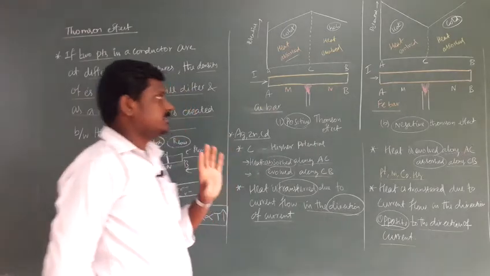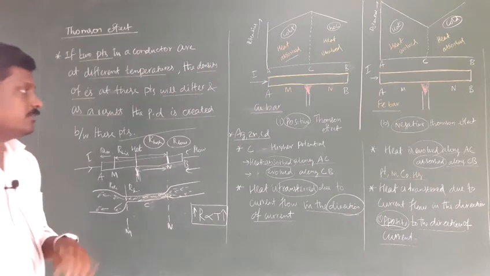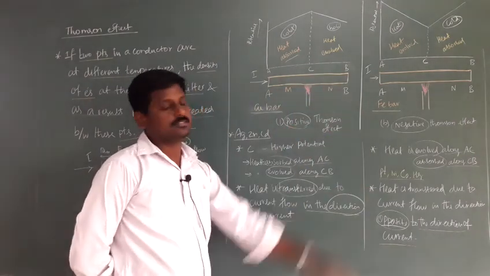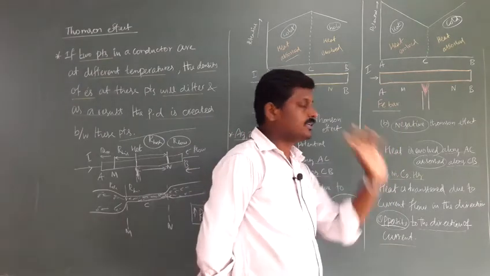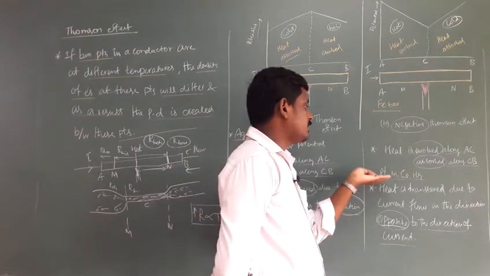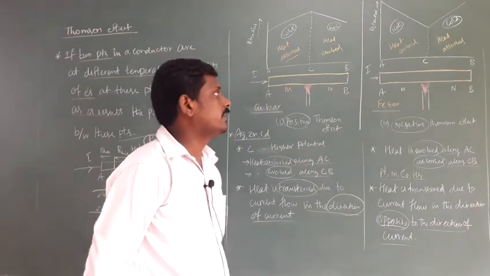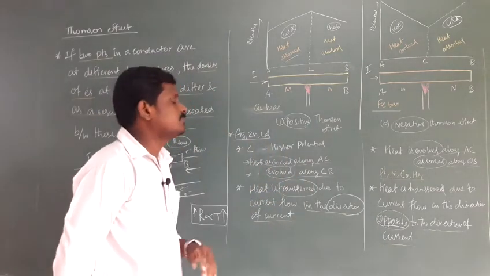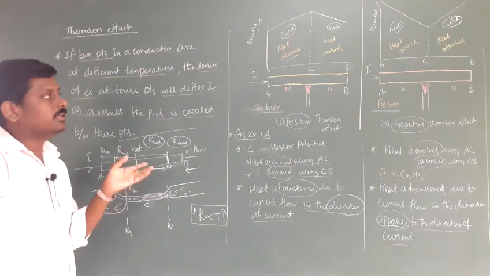These things are not explained in your book; I am discussing them just for extra information. Even in your book the main points are: heat transferred in the direction of current is the positive Thomson effect, and heat transferred opposite to the direction of current is the negative Thomson effect. Platinum, nickel, cobalt, mercury, and also iron come under the negative Thomson effect. The positive Thomson effect occurs in silver, zinc and cadmium. This is a reversible process.